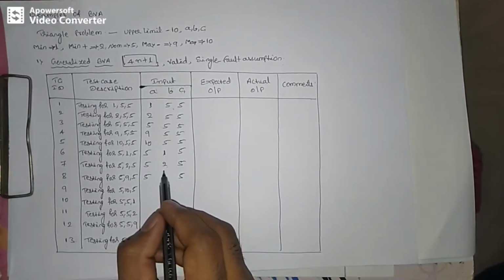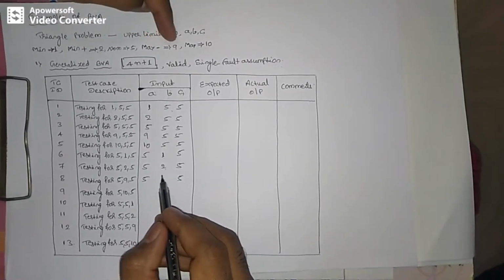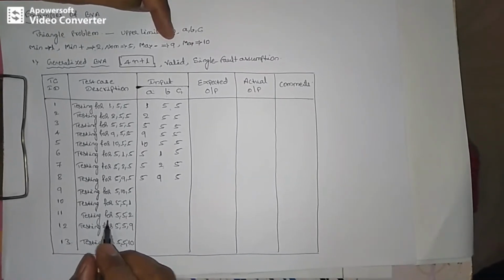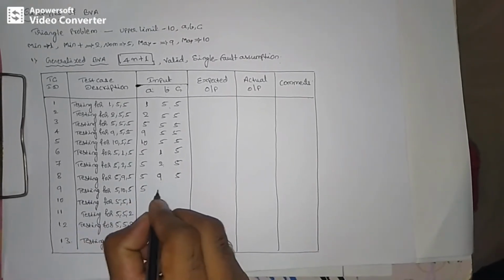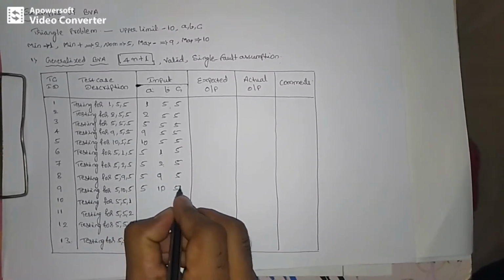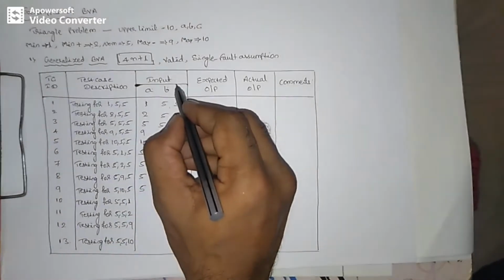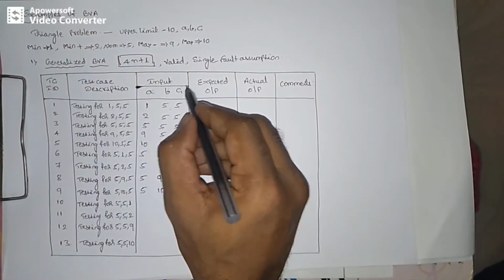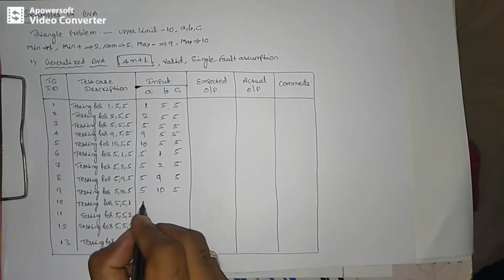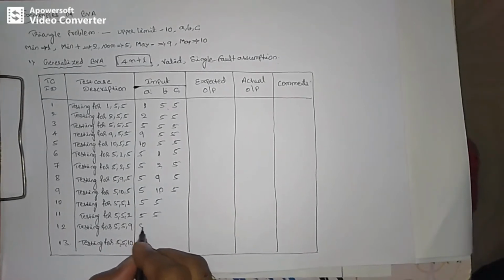Next, instead of nominal, we will jump to the max minus. The max minus is 9. Therefore, here I am writing a 9. So the next test case is maximum. Maximum of B is 10. Now the B turn is over, then I need to jump to C. Means I need to change the C input variable. A and B will become nominal. First I will write these as nominal values.